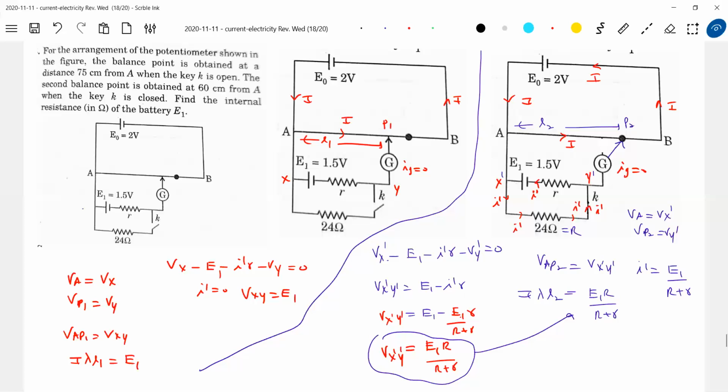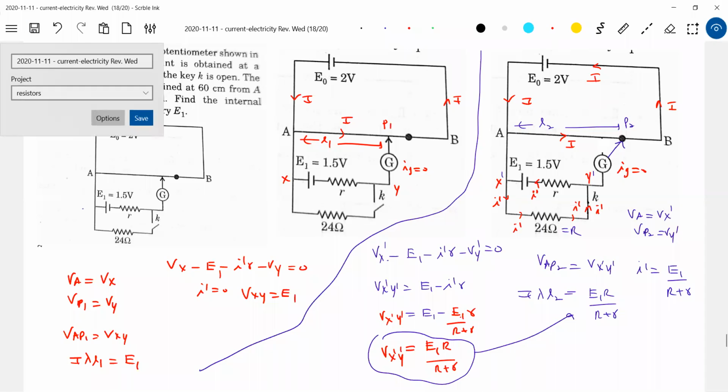I suggest you not to read anything else on potentiometer. Only 4 or 5 problems I discussed already. That one directly revise, half an hour finish, or say goodbye to this. I think time is over. We'll end the class here.